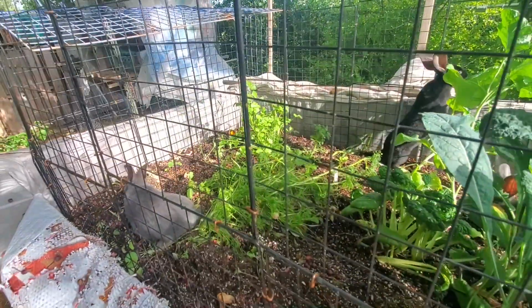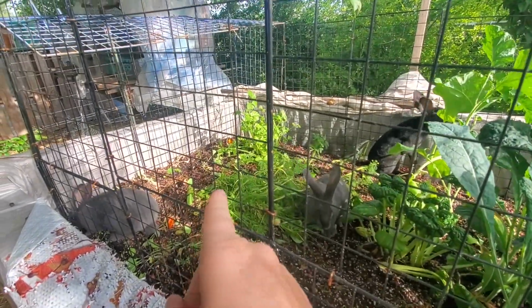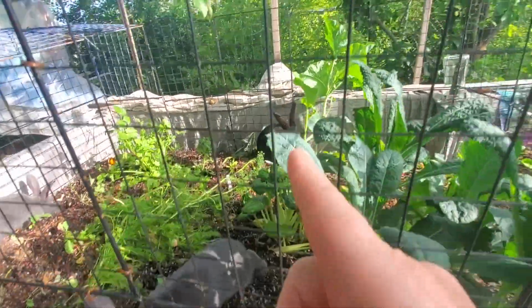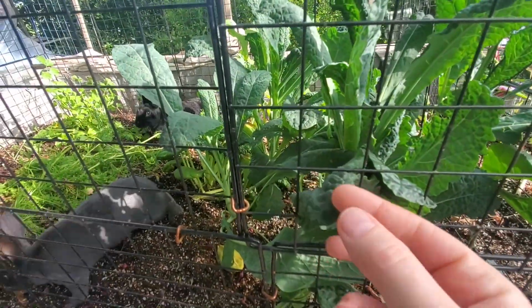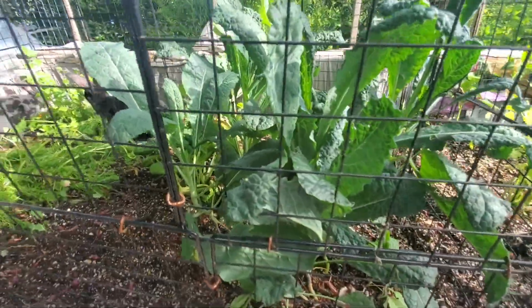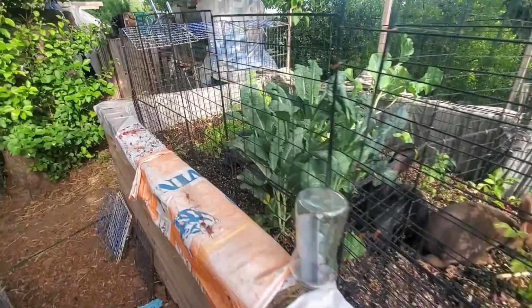Okay, so what do I have in here for them to eat? I have celery, chamomile, tatsoi, some kind of cabbage, and then these are Lucino. Those are Lucino kale. So she will be on this side, and then I come down here,